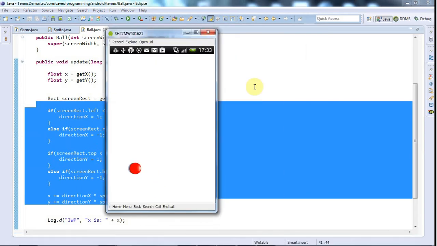So now it actually doesn't look perfect. Oh, it does look perfect. You know what? The ball is actually hitting the exact edges of the screen, but because the screencast is slow and it only updates every few frames, you don't see the actual edge of the bounce. So you're going to unfortunately have to take my word for it that now we've got the bounding box right, and I've trimmed down the image to get rid of all the extra transparent stuff. It is actually perfectly hitting the edge